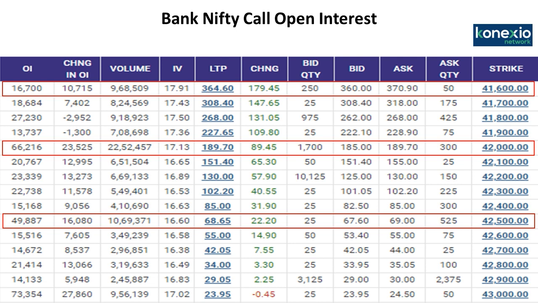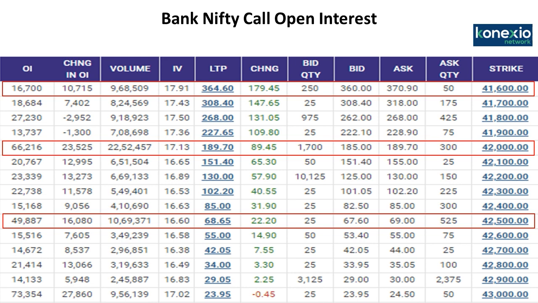So looking at this particular data, we feel that the momentum still remains positive. Smart money have also tried to build long positions in Bank Nifty out of the money calls. On an immediate basis, we feel that 42,000 could act as a major resistance. If it breaks, then Bank Nifty can test the levels of 42,500 on the upside. But the momentum remains positive looking at this data, and any corrections should be a buying opportunity at the lower levels.